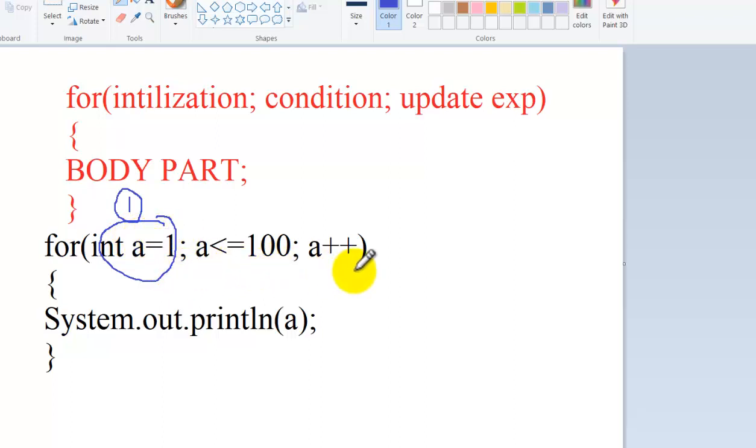So all these three expressions you can write in one line. Also you can write a part, meaning you can write it in a different position. But this is the way to write. First is the initialization part. Once initialization is complete, then go to the condition. If this condition is true,